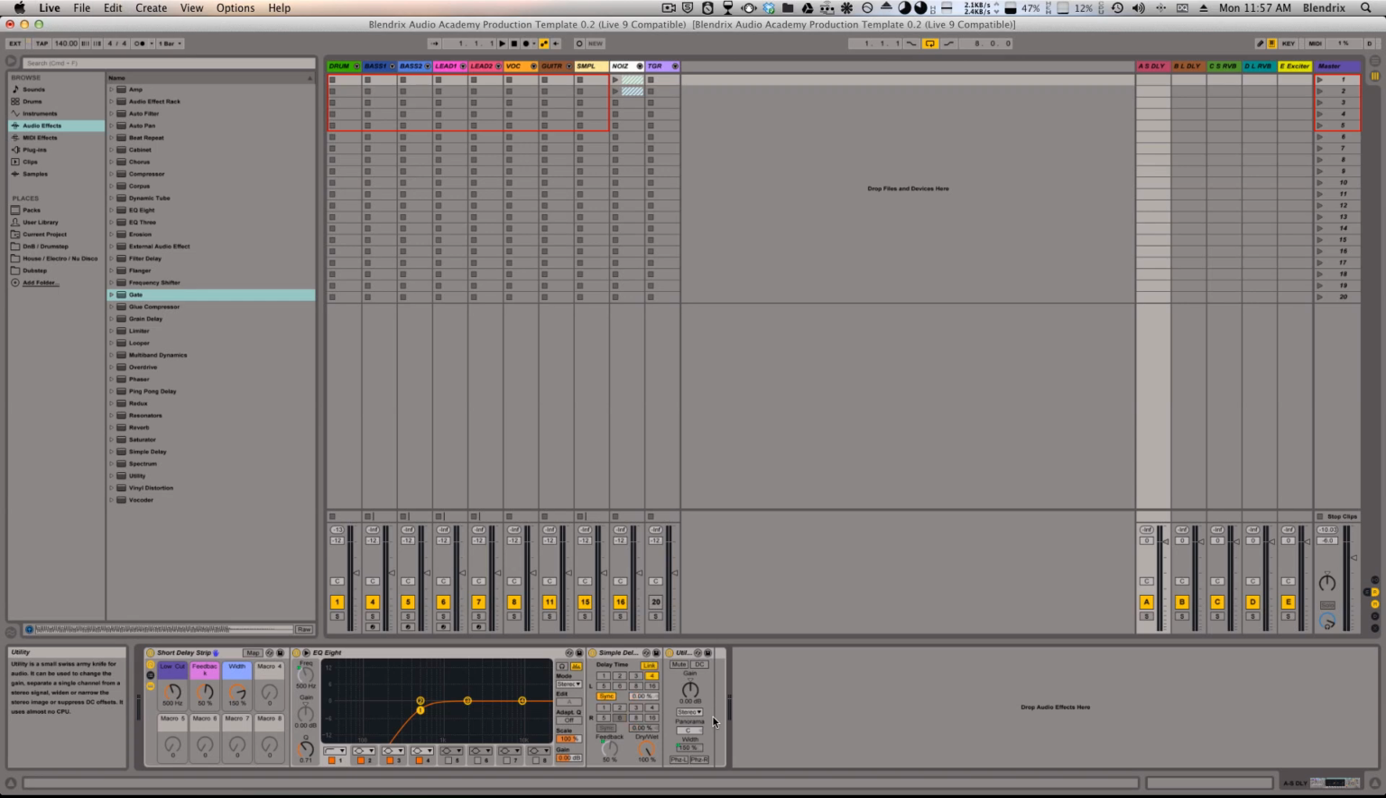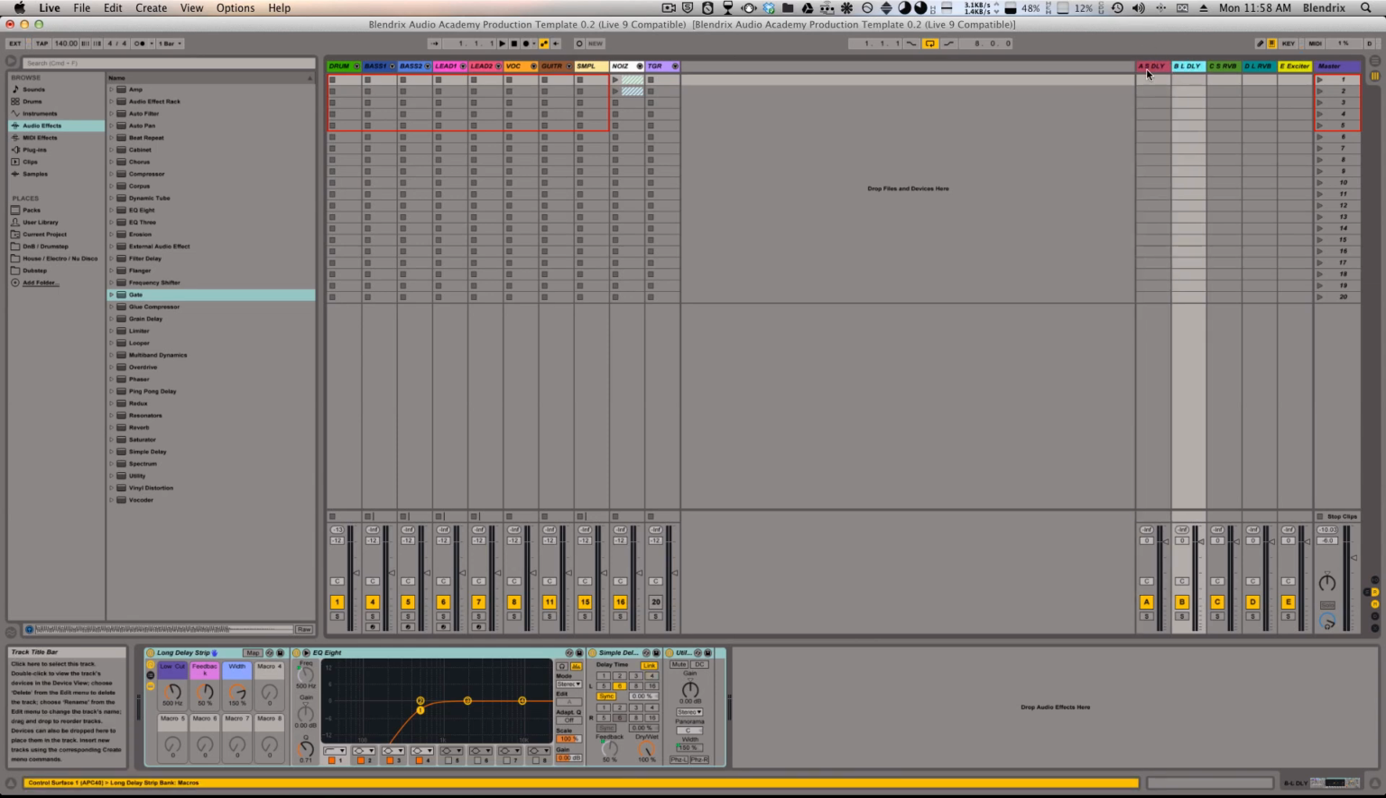I think that a good way to leave it is just there, because the long delay is a 6. And so if you were to put a little bit of short delay and a little bit of long delay on a particular signal, then you get this cool sort of call and answer, bouncing back and forth kind of. It's a neat sound. Try adding both of those effects in different amounts to the same channel,